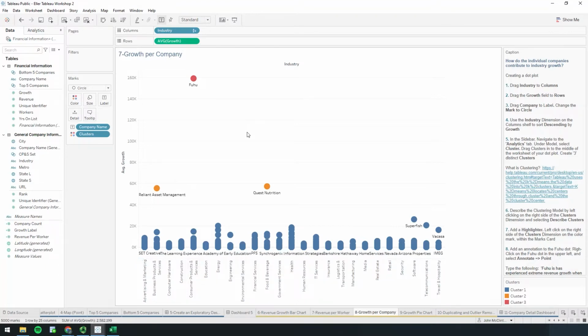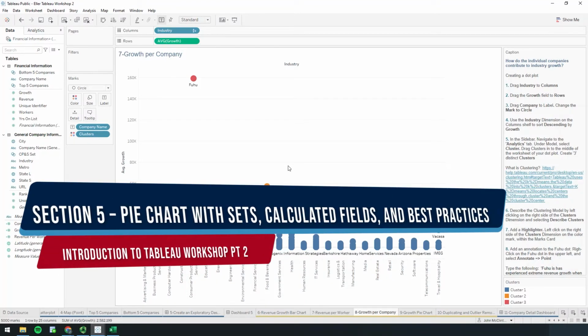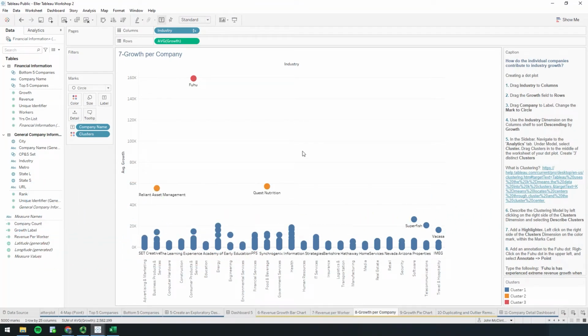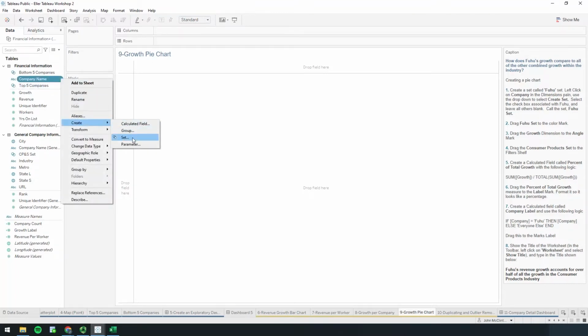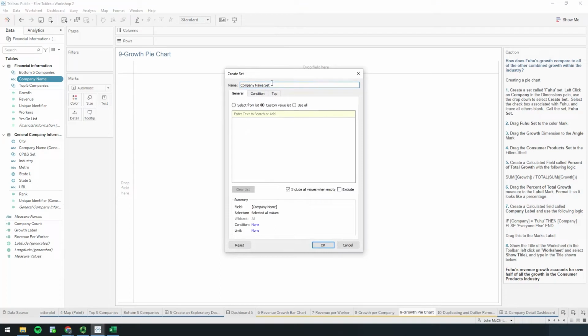Okay, and so then just to further emphasize our point, what we're going to do is make a pie chart that shows Fuhu's growth versus the rest of the industry for consumer products and services. So if I go over to this pie chart sheet here, we need to make a set called Fuhu. So I'm going to go over to company and create a set, and we're going to just have this be our Fuhu